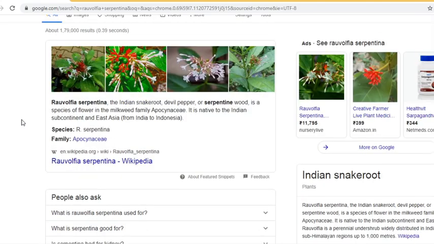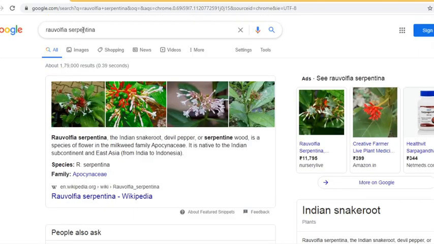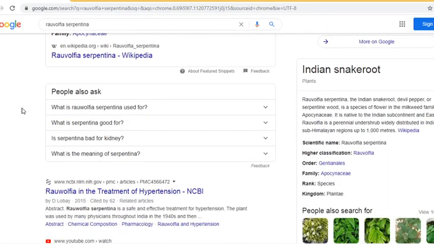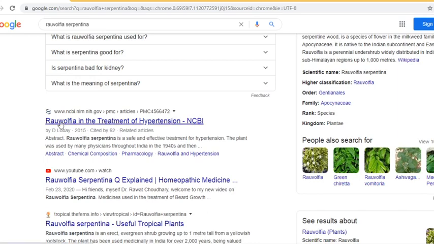Now you look at this, the name I typed, Rauwolfia serpentina. I do not know if it is a correct name or a wrong name. Now you look at this, what is Rauwolfia serpentina used for? So there is another spelling for this name, for the same plant. Look at this, this is ncbi.nih.gov. This is an authentic site, authentic publication, but look at the name here. So which one is correct, this one